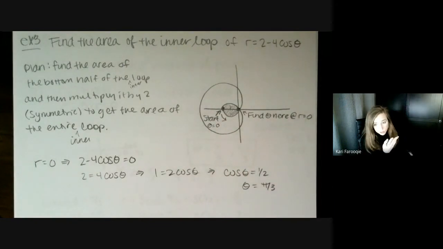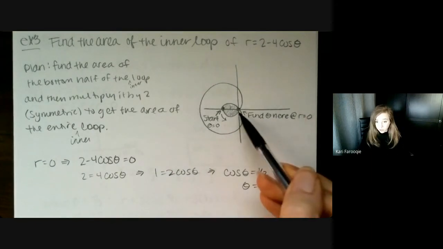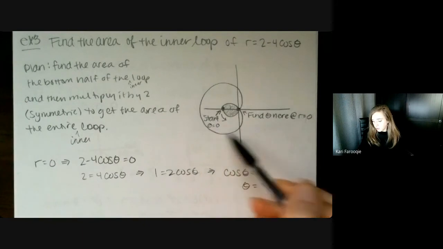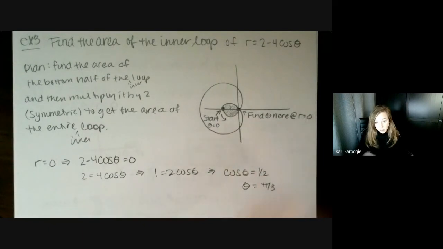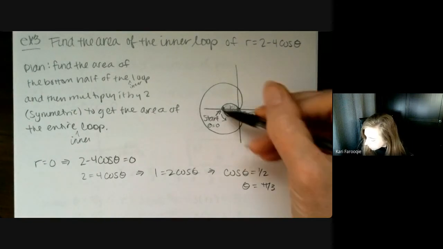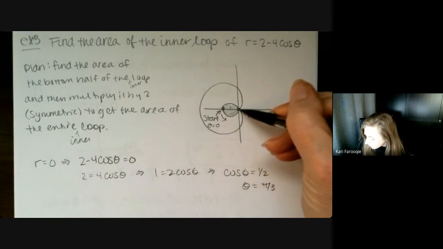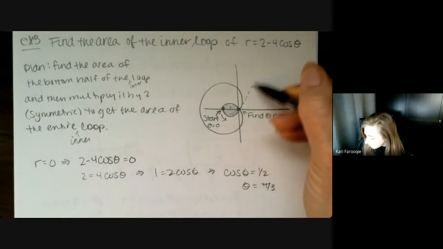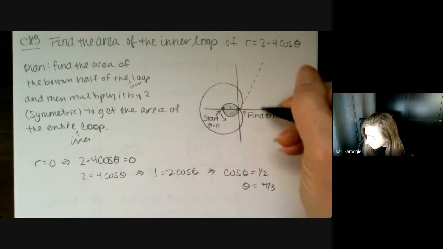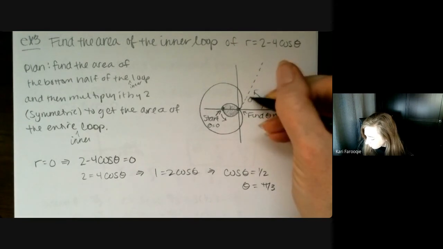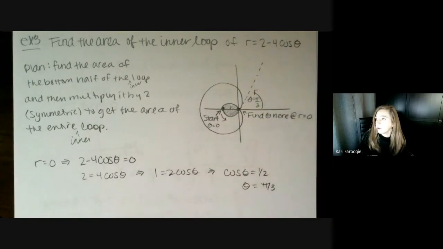We of course know that this also occurs at 5 pi over 3, but by 5 pi over 3, you've made it all the way down here. And that's the second time around. This theta right here, what this represents, when you swoop up through here, is this radial line. Pi over 3. That is where you're getting this occurring.